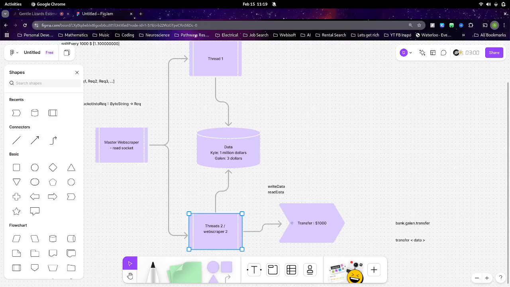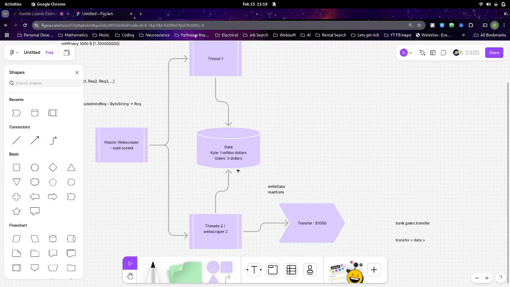There's an actual thread which is running this function of transfer, which depends on this state.